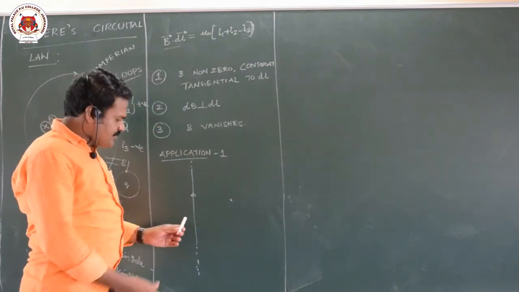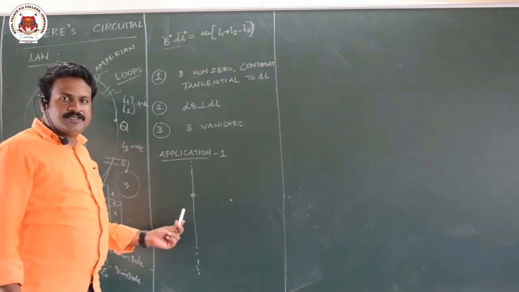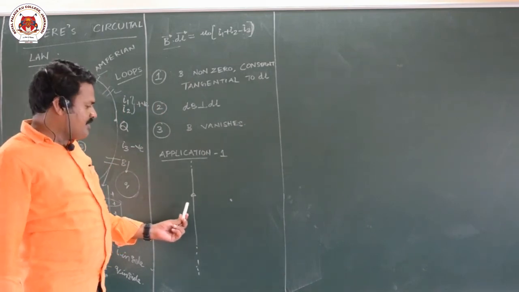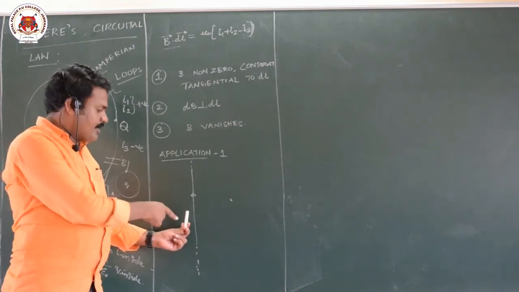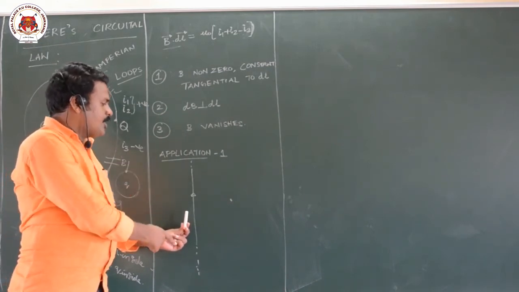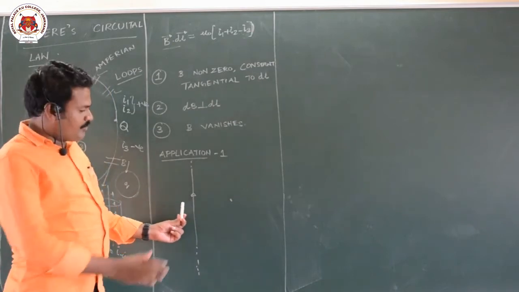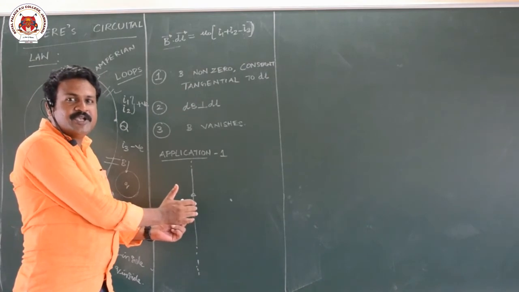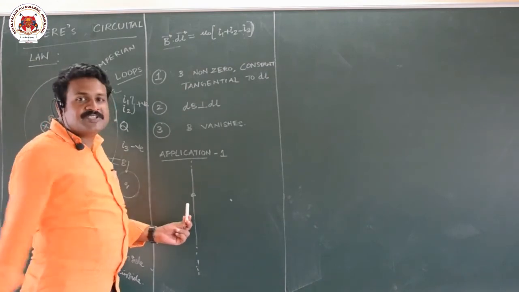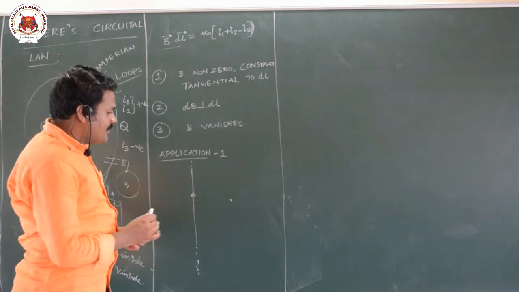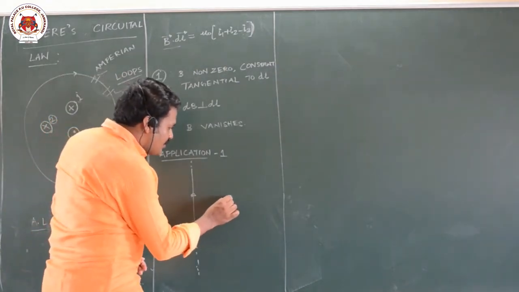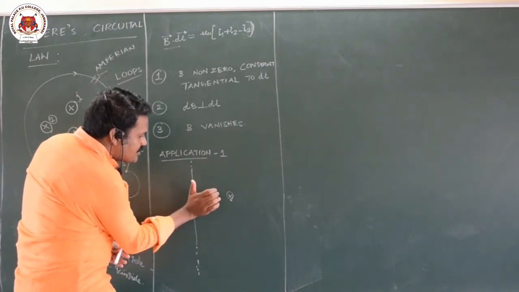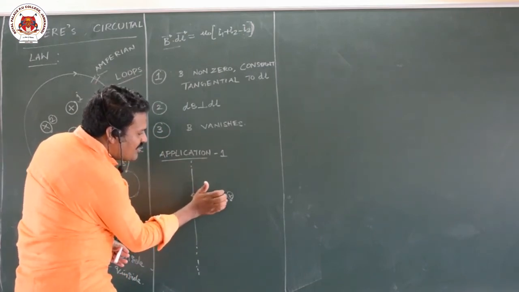So, this wire is present like this. In this chapter, as I am repeatedly telling, everything is 3-dimensional. You have to imagine. The wire is present like this, and current is flowing from bottom to top of the board. Now, hold this wire in such a way that the thumb is pointing towards the current. The curled fingers will give the direction of the magnetic field. That means the magnetic field at this point is into the board, because if you hold this and curl your fingers, the fingers are entering inside.